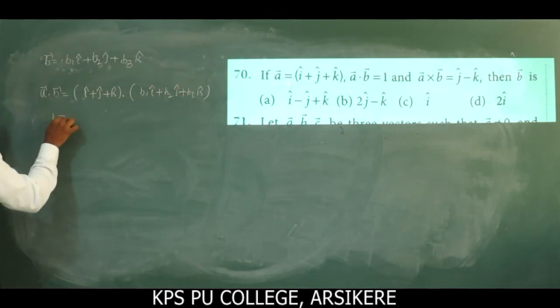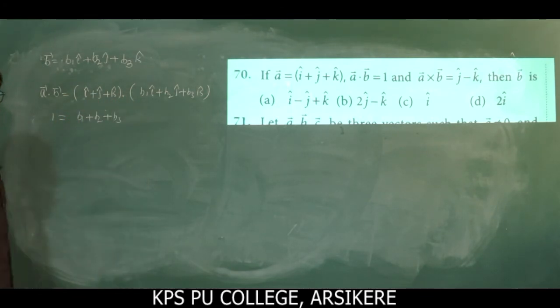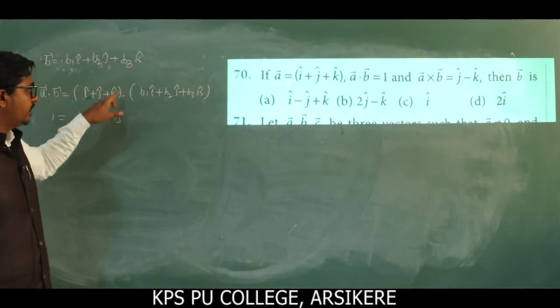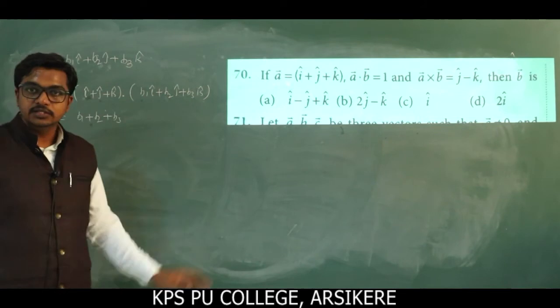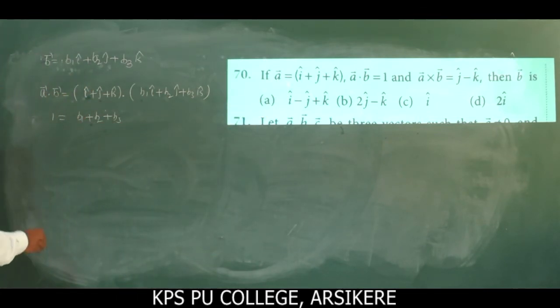This is equal to 1, is equal to B1 plus B2 plus B3. i to i, j to j, k to k. i dot i is 1, 1 into B1 is B1, plus 1 into B2 is B2, plus 1 into B3 is B3, is equal to what we have? They have given 1. And A cross B is equal to